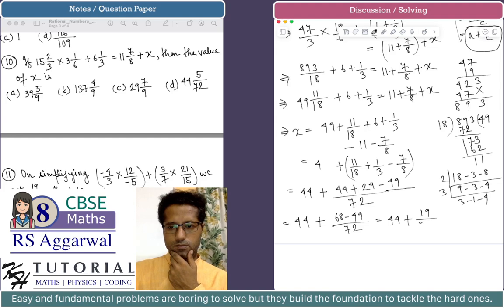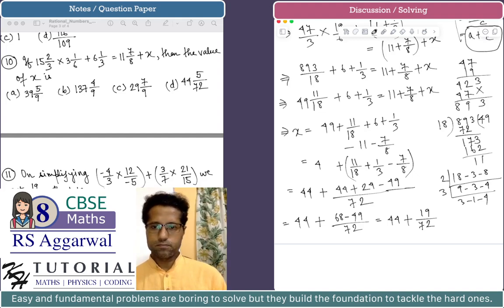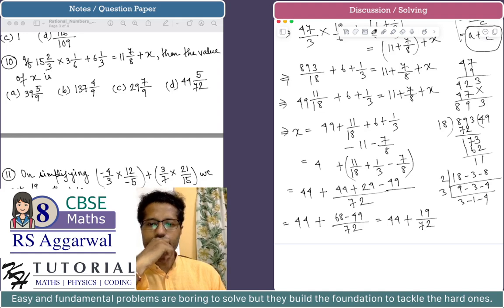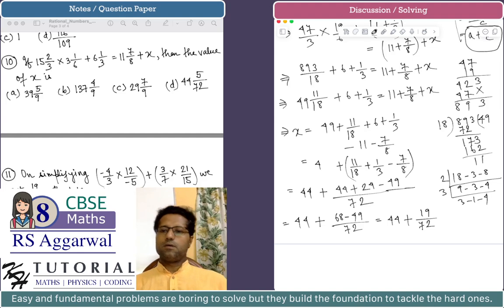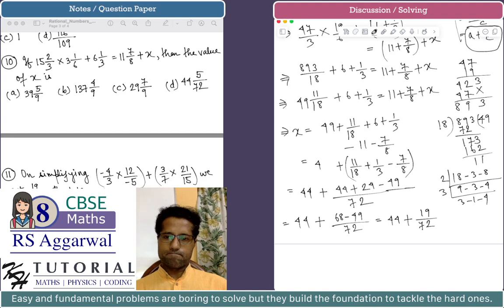19 by 72, it should be 5. So we have 11 by 18 plus 1 by 3 minus 7 by 8. So the LCM of 18, 3 and 8 is how much? 18, 3, 8 is 72. Okay, and 18, 4, 72. So 44 plus